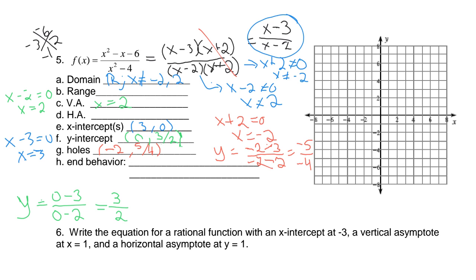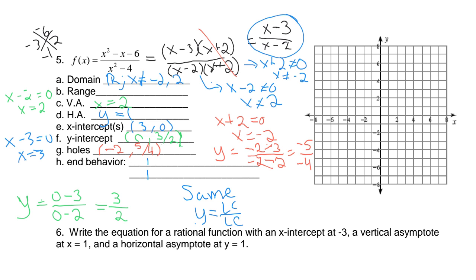a matching degree. So we have the same degree, which means we automatically need y equals LC over LC. So if we go in front of x, we have a 1 and a 1, which tells us that our horizontal asymptote is y equals 1. Therefore, our end behavior will also be 1. Cool. So now we have all the